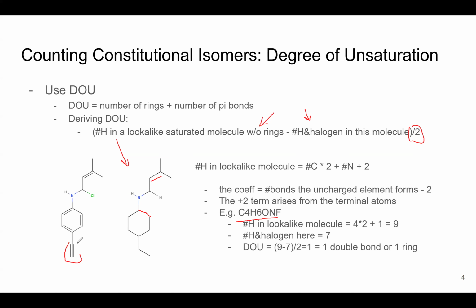So in this case of a triple bond, you are effectively removing four hydrogens from this part of the molecule. And therefore, 4 divided by 2 is 2. So you have two pi bonds. And two pi bonds gives rise to a triple bond or two double bonds. So you have to really look at the formula carefully,